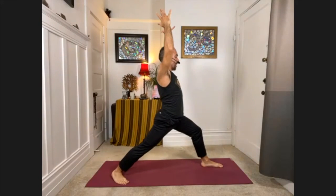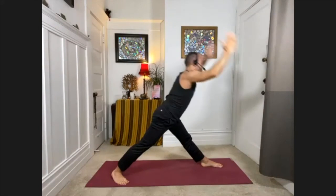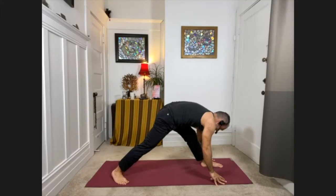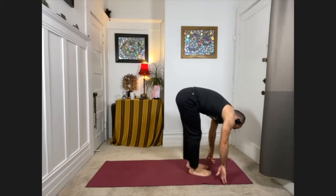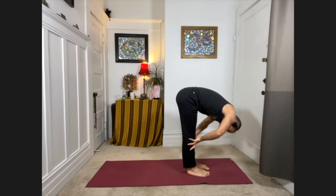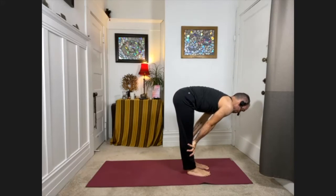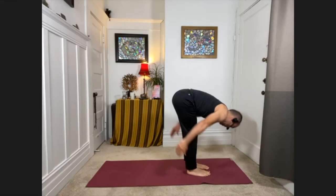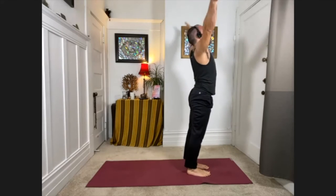Good, inhale, straighten the left knee. Exhale, fold over it. Deep breath in. And exhale, step forward. Palms to shins, halfway up, inhale. And exhale, fold down. Inhale, sweep the arms out to the sides, come all the way up to standing. And this time, bring your palms together at your